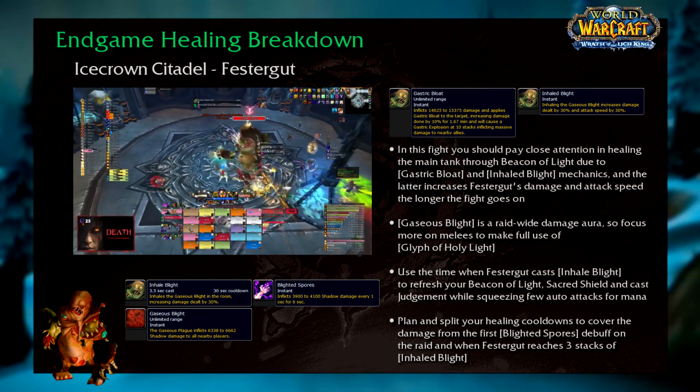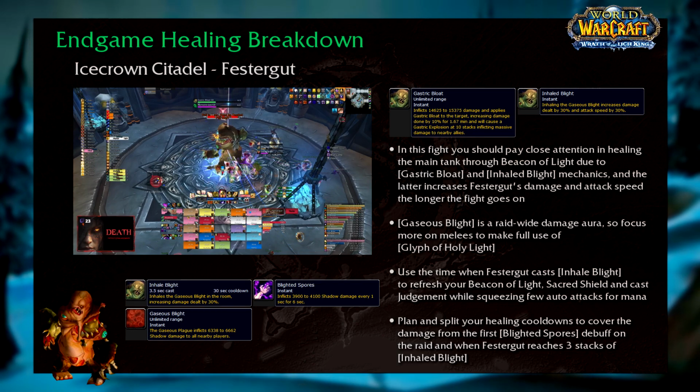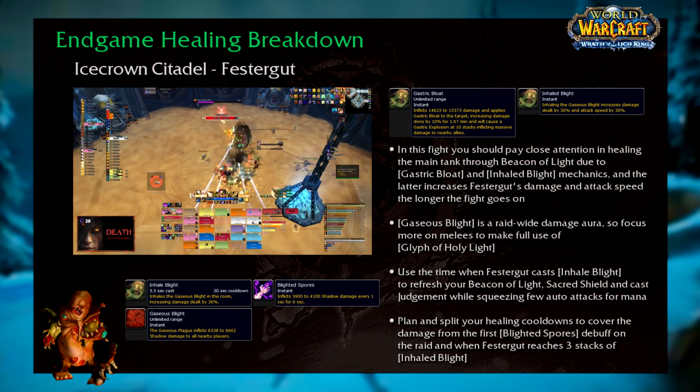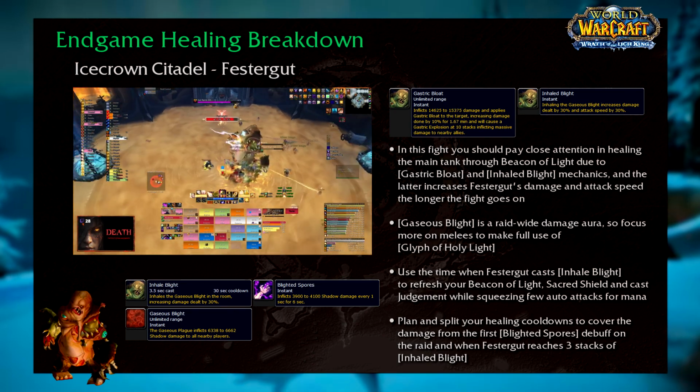As stated in the explanation for Rotface, the pre-pull preparation and positioning for this boss will be equal. However, the healing priority in this fight is slightly different as the tank receives the most damage due to gastric bloat application every 12 seconds and the Inhaled Blight mechanic, which buffs Festergut's damage further as the fight lasts